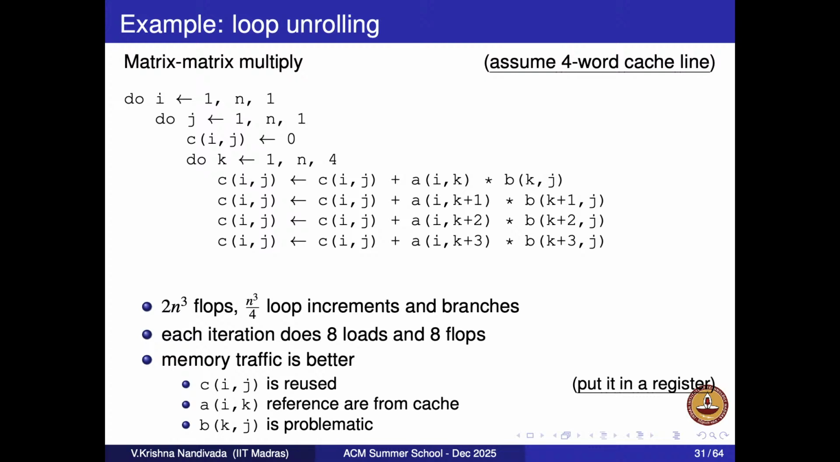Do j, do I. This is how it will look. Next, what I did, I unrolled this loop by a factor of 4. So the do j remained as do j, the do I became I starting from 1 up to n with an increment of 4,